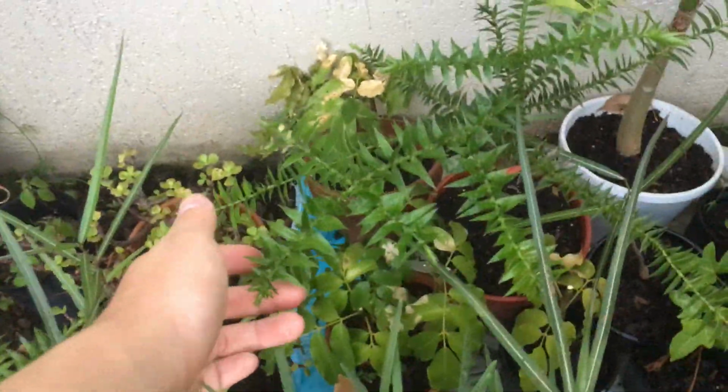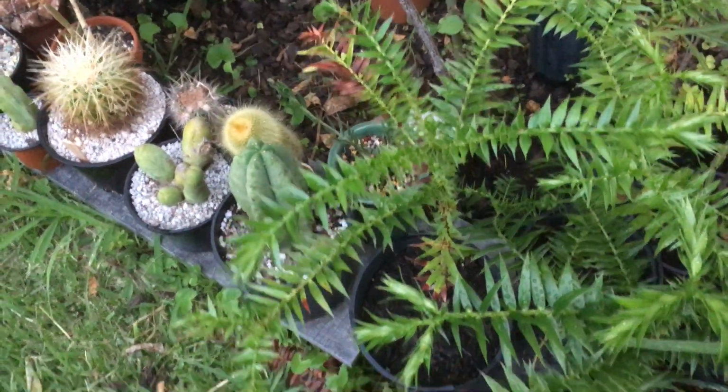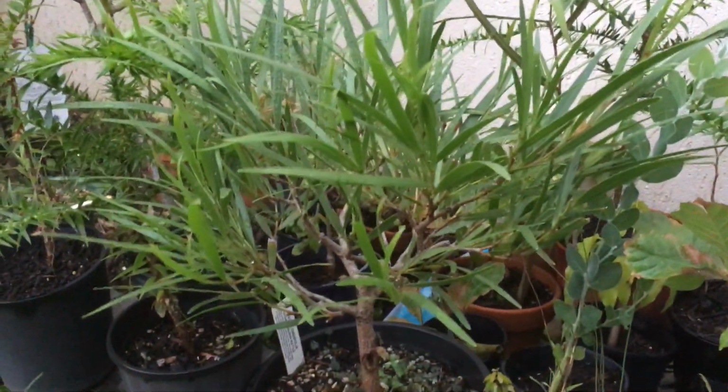Over here I've also cleaned up the area a bit. My bunyas, they're doing really well. I thought I was going to lose this one because it almost looked like it dried up and turned brown, but it's greened up again, so that's really good. I've got 1, 2, 3, 4 bunyas. They're doing really well. My acacia bonsai,